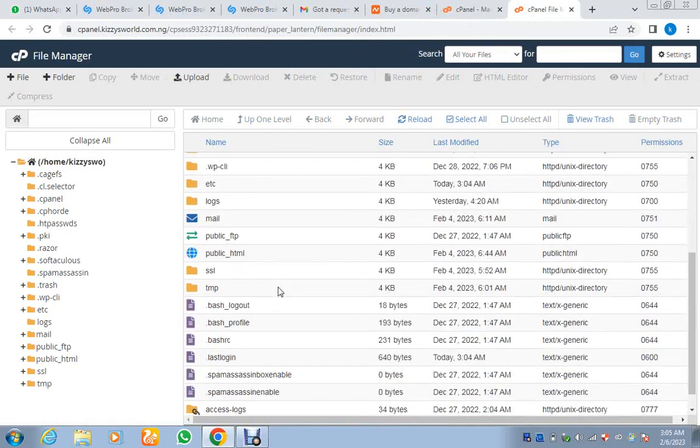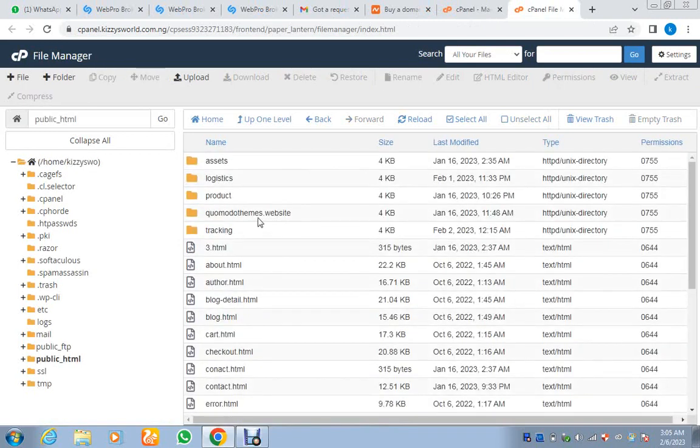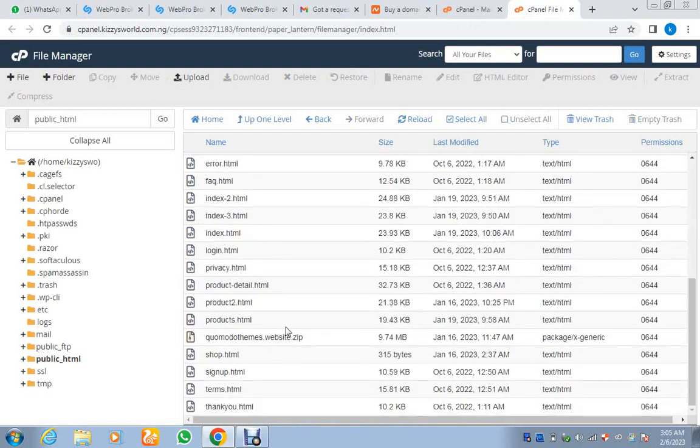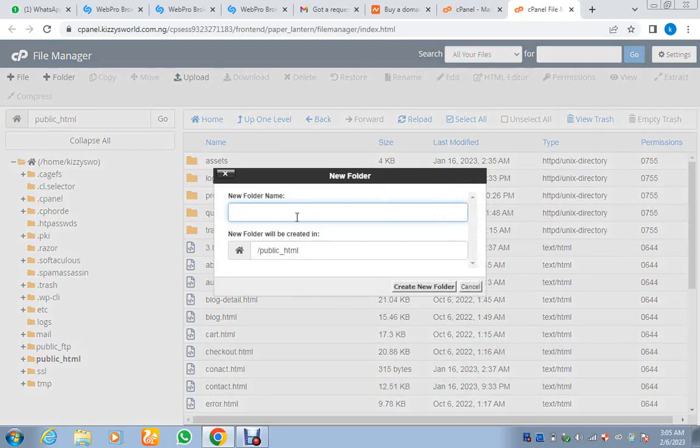Alright, if you got this domain name newly, you're not going to see all this. The only thing you will be needing here is this public_HTML. I've posted many websites on this domain name and hosting. So what I'm going to do now is add this to a folder. I'm going to create a folder and name it